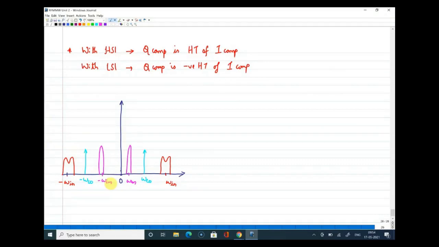Now if I am considering the input signal, the local oscillator frequency is actually low side injection, because the input signal is here and you are injecting a signal here at the lower side in order to perform mixing or to generate omega IF. But at the same time, if I look at the image as a signal itself, the injected local oscillator signal is actually injected on the higher side. So I can say that for image, this is a high side injection.